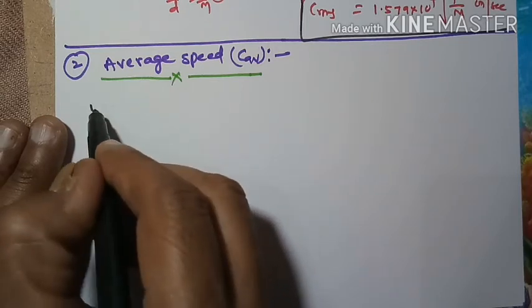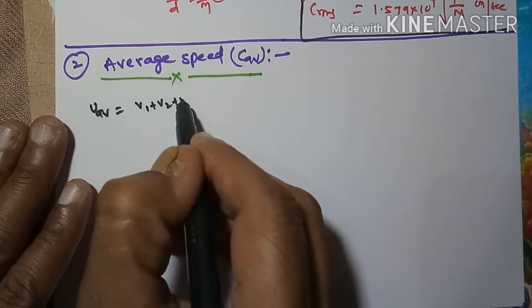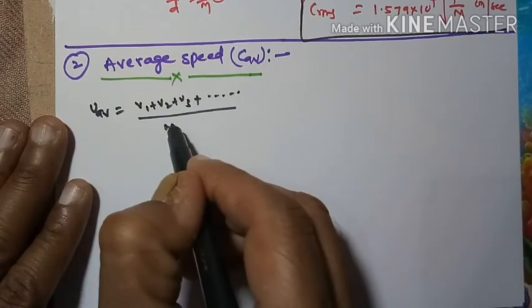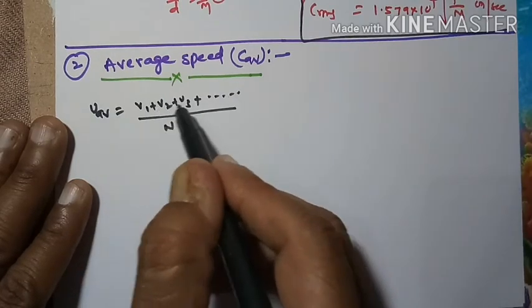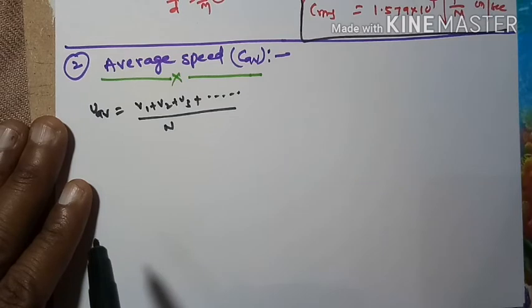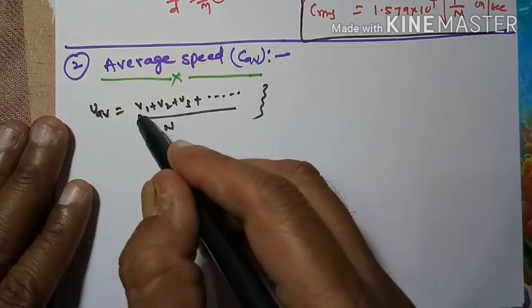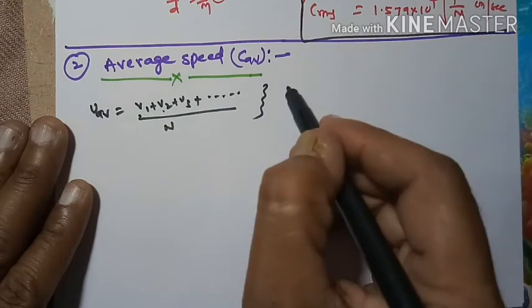So I am writing U average as V1 plus V2 plus V3 plus and so on, divided by the total number of molecules. This is the average: the ratio between the sum of velocities and the total number of molecules. So if N1 molecules have V1 velocity, N2 molecules have V2, N3 molecules have V3 velocity, then